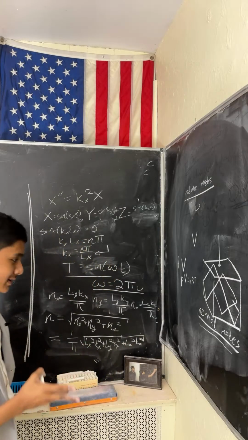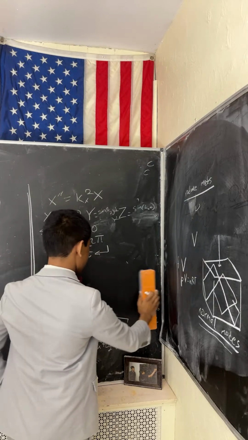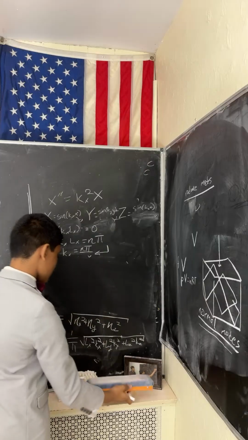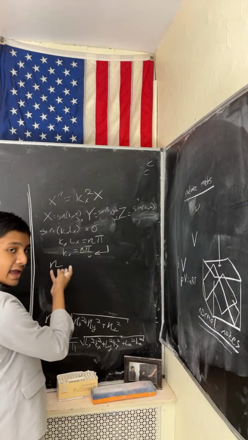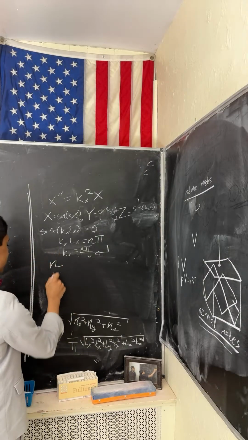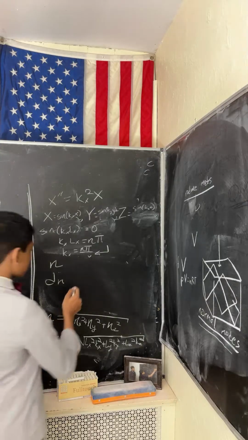What we end up finding is that if we have n is just the amount of space in the cell and dn is the thickness,